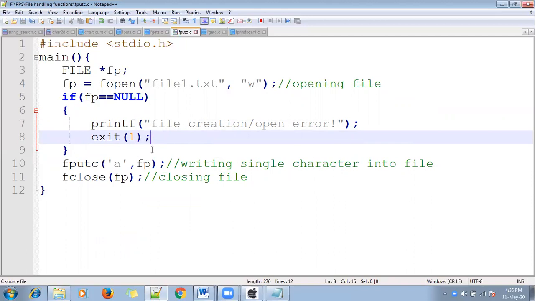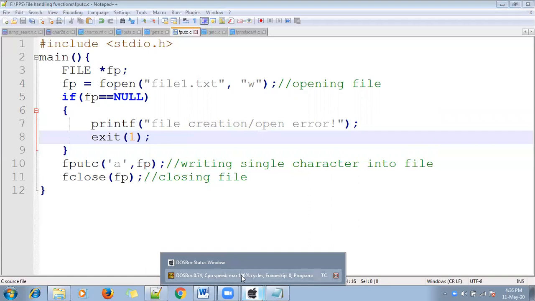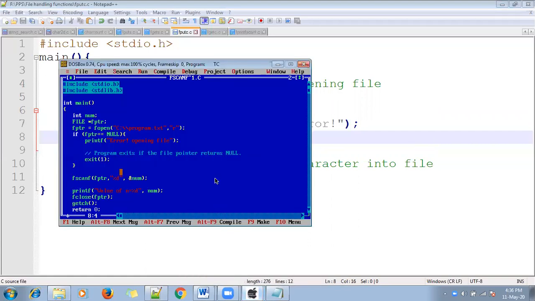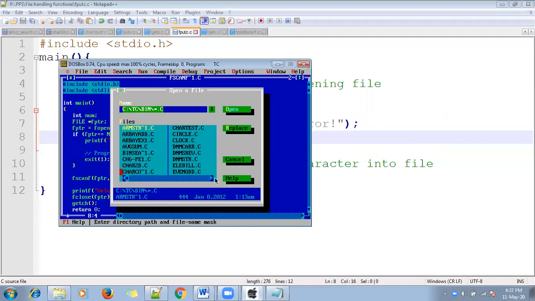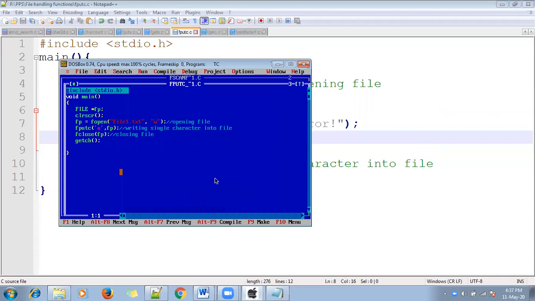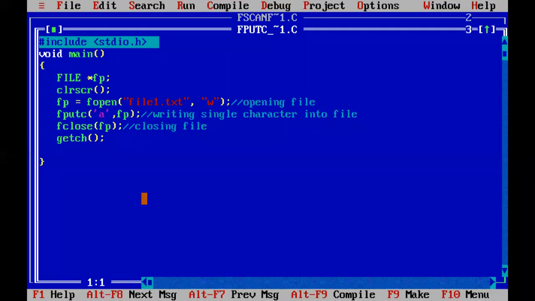Clear? Now we will see how fputc works. Open the fputc function. Okay, this is the program.